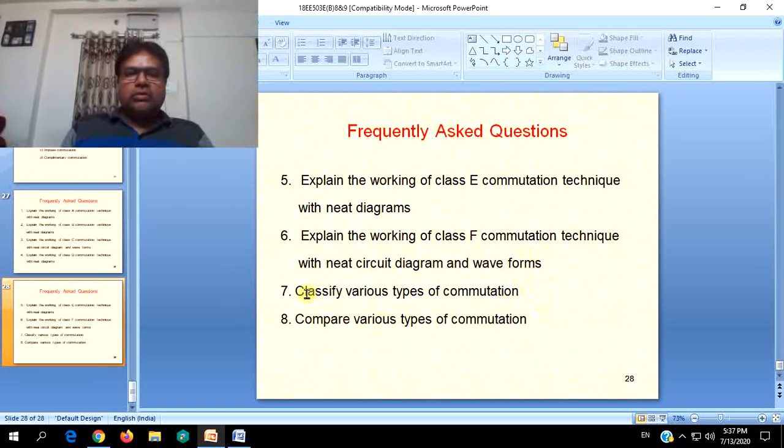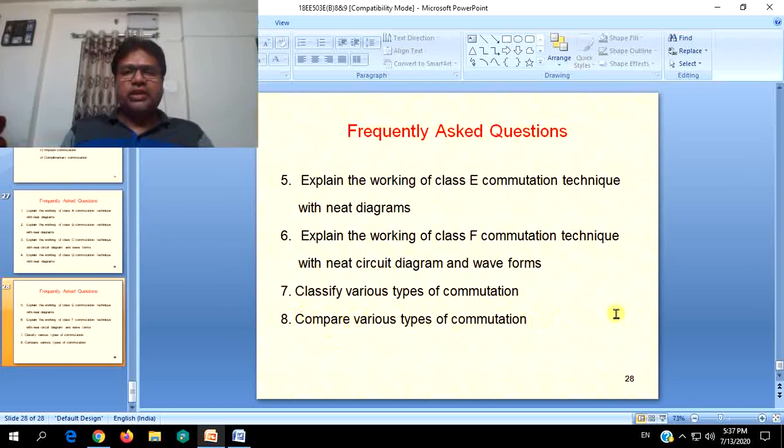And also, importantly, you have to understand the concepts, how these classification is developed, how it is actually classified. Classify various types of commutation, starting right from natural and forced commutation. Forced again A, B, C, D and E, and natural only one. And also how to classify the A, B, C, D and E are forced commutations depending on the procedures of voltage or current. Voltage commutation, current commutation also you have to understand.